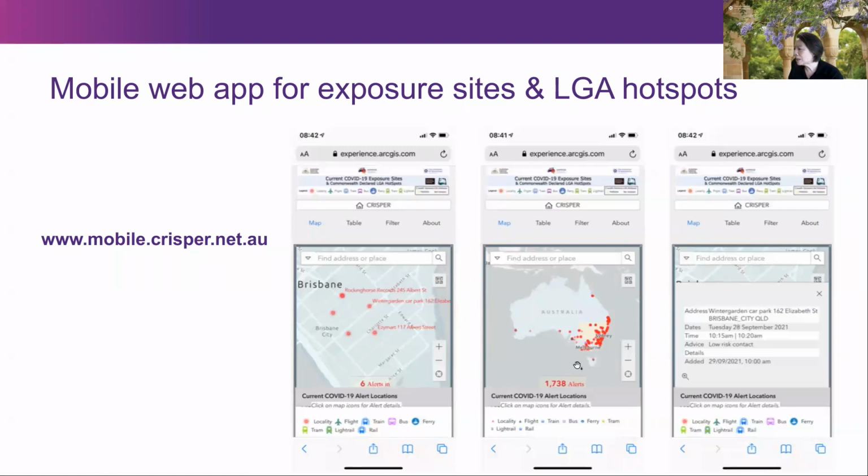I haven't zoomed into anything that shows transport icons, but if you zoom right in, you will see some icons that look like these, like flights and trains and buses that have been alerted as exposure sites as well. So yeah, we've had a lot of usage of this particular web app.